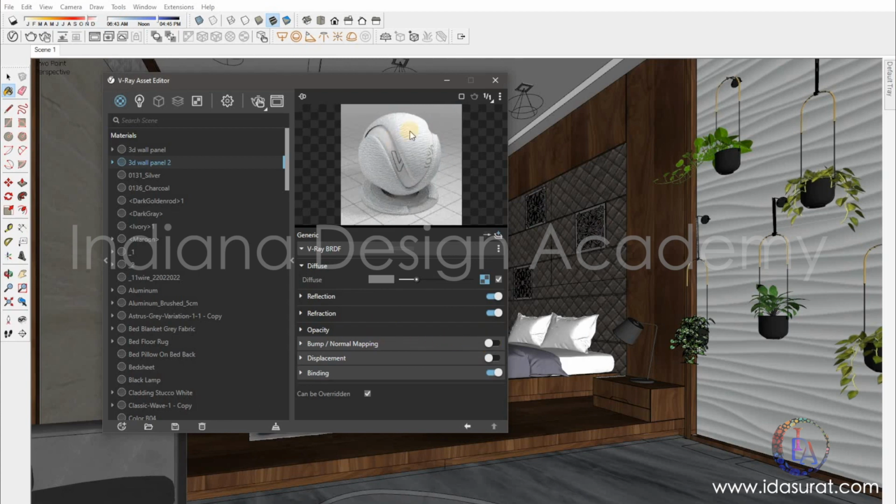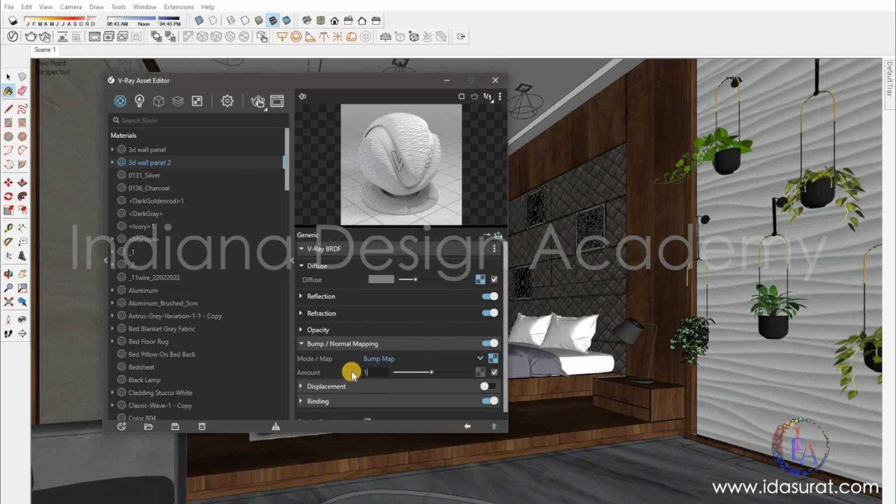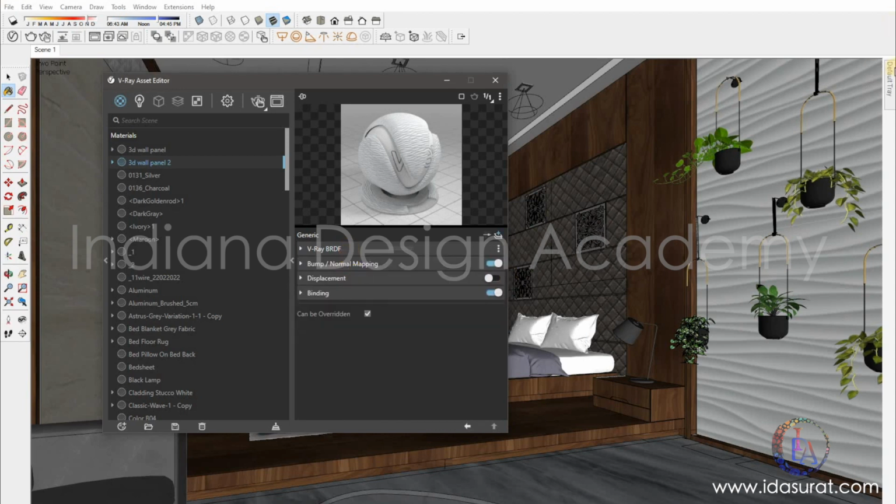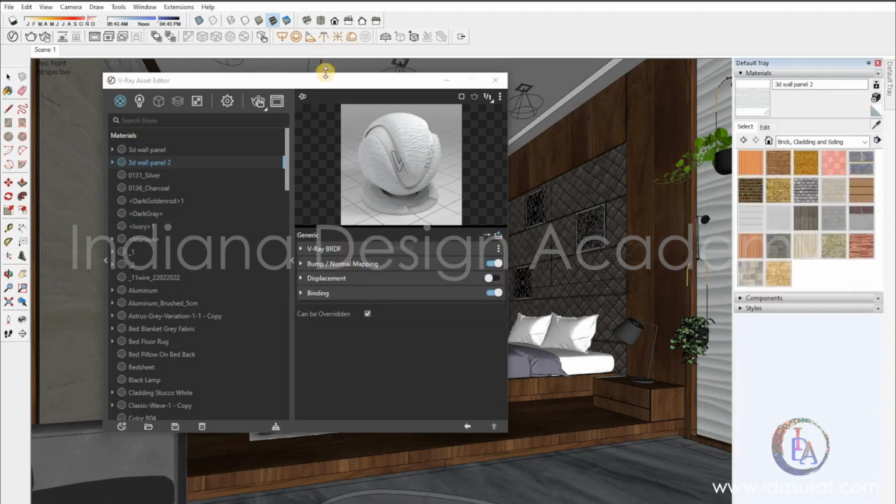When I switch off this, it gives me a plain feeling, and when I switch on this, it gives me a bit of black lines over here because the amount is more. If I reduce this amount, what happens, it does not show me. So I'm taking this to 0.5. Okay, minimizing this VRayBRDF and bump map. I'll go to default